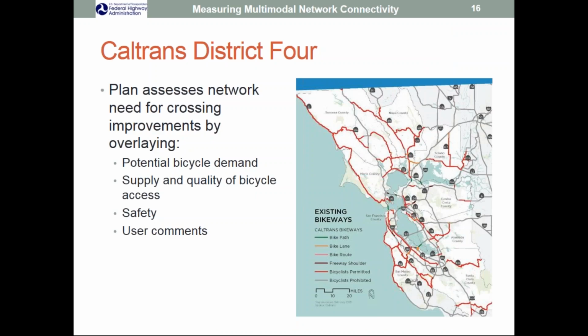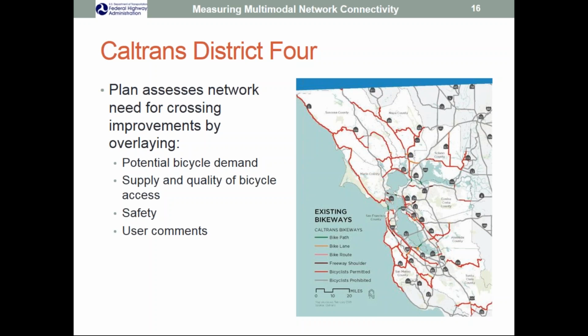Moving into Caltrans District 4, for those of you out there, you can see District 4 is the San Francisco Bay Area, and this area itself is the size of small states. This was part of the first bike plan that is done at a regional highway district. One of the things we were thinking about is what does it mean for a regional highway district to be planning for bicyclists? And one of the things that we started looking at is the quality of travel along and